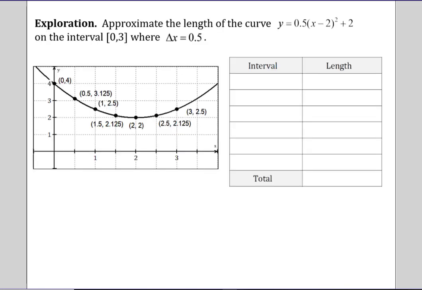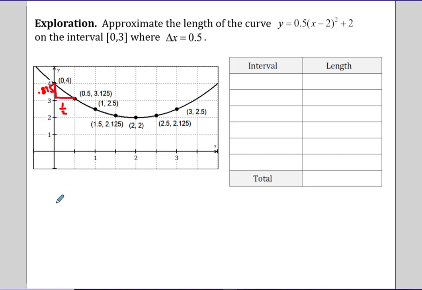Let's consider this big idea using the function below. Say we want to approximate the length of the curve on this parabola on the interval from 0 to 3, and we're going to step up our x values in increments of a half. If you think about this first segment as the hypotenuse of a right triangle, the distance on the base is going to be a half, and the height is going to be 4 minus 3.125, so that's going to be